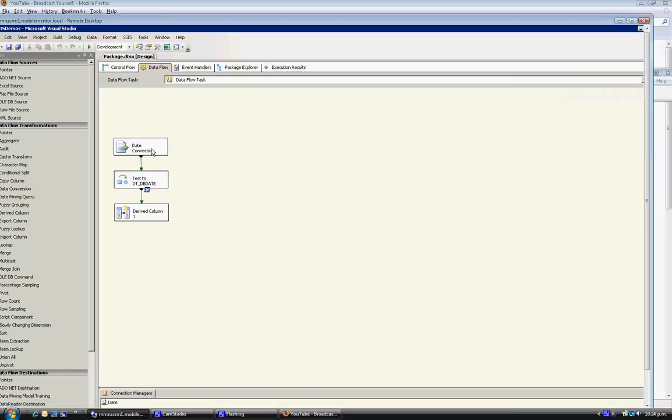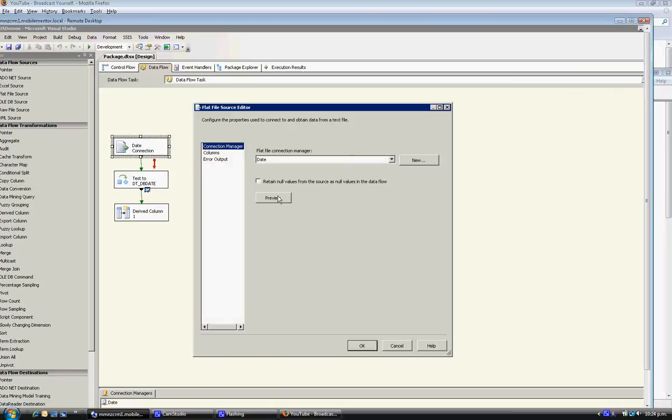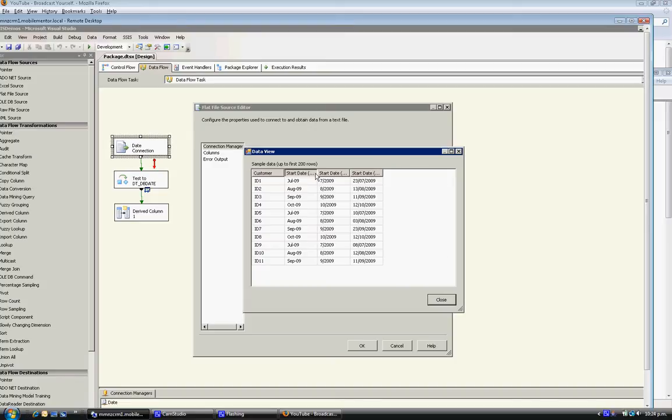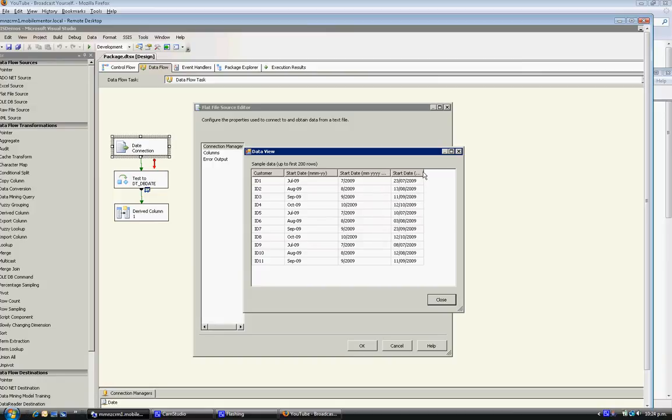Okay, what I want to do today is demonstrate why you need to reconstruct dates quite often within SQL Server Integration Services, or why it's smart to do that. So what I've done here is I've created just a sample data set with 3 different date formats, and what I'm going to do is convert those from the format they're in at the moment, which is text, and then turn that into a true date format and see what SQL Server Integration Services does with these 3 different date